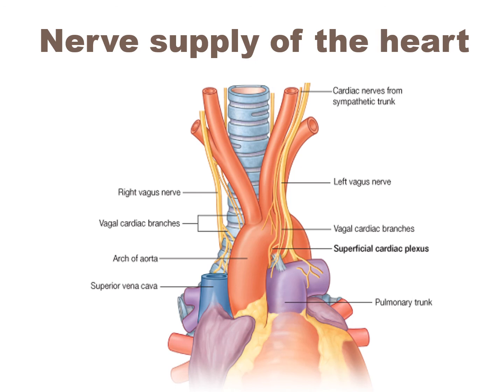The deep cardiac plexus consists of right and left halves situated in front of the bifurcation of the trachea, above the division of the pulmonary trunk and behind the arch of the aorta. How is the deep cardiac plexus formed? It is formed by cardiac branches of the superior, middle and inferior cervical ganglia and the upper 4 or 5 thoracic ganglia of both sympathetic trunks, except the cardiac branch arising from the superior cervical ganglion of the left sympathetic trunk, and by the cardiac branches of the vagus and the recurrent laryngeal nerve of both sides, except the lower cervical cardiac branch of the left vagus.